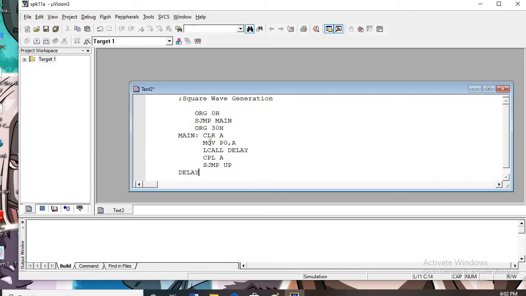Delay, so our delay routine is the counter I have set in some register, say for example R3, any one register you can use. Immediately I am transferring one count. So for example I have written here 250. And I will continue because we want to keep that square wave continuously just going on and on. So therefore we will keep this in the loop.